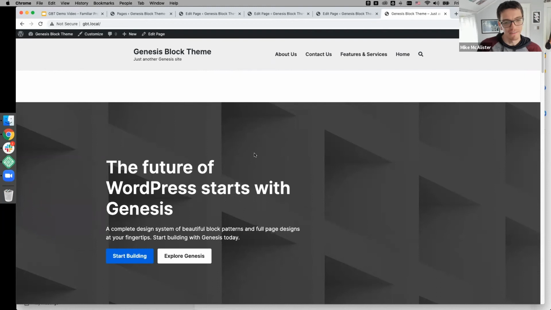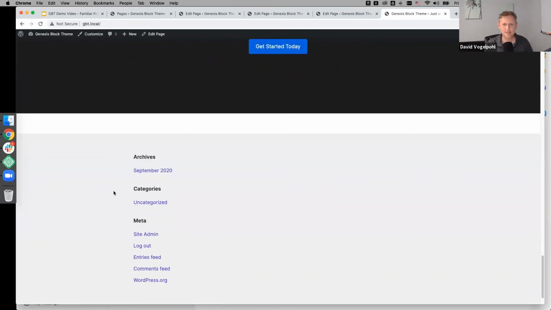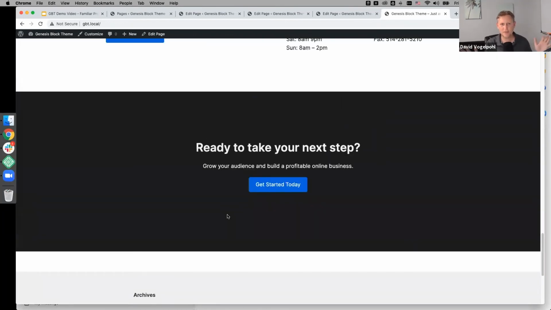But this is part of the reason why this is in beta, and you can make modifications to do your own styles with the Genesis block theme in beta. But again, don't forget, full site editing is coming, and we're going to have the same kind of capability in the header menu, in the sidebar, and also in the footer, which you can kind of see hangs out here. Genesis block theme is really just trying to get out of the way of the block